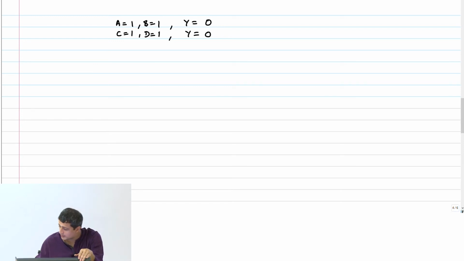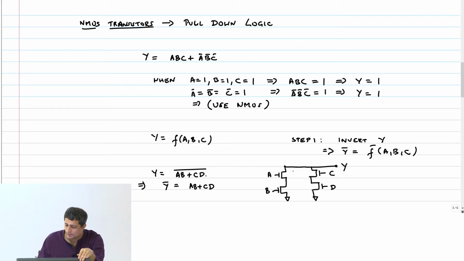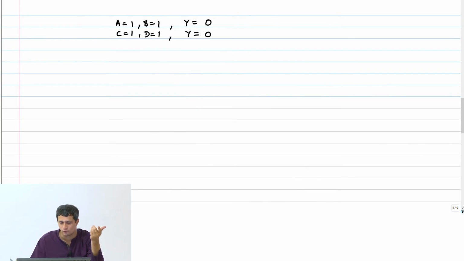So if you look at this, if A and B turn on, this pull down path is activated, and the output Y is simply held low as long as A and B are high. If C and D turn on, then this pull down path is activated, and the output again is held low as long as C and D are on. Of course, if A, B, C and D are all on, then you have two paths, both of them pull it down to 0. So I was wrong in saying the other 14 cases; it must be the other 13 cases, because A, B, C, D equal to 1 also gives 0.